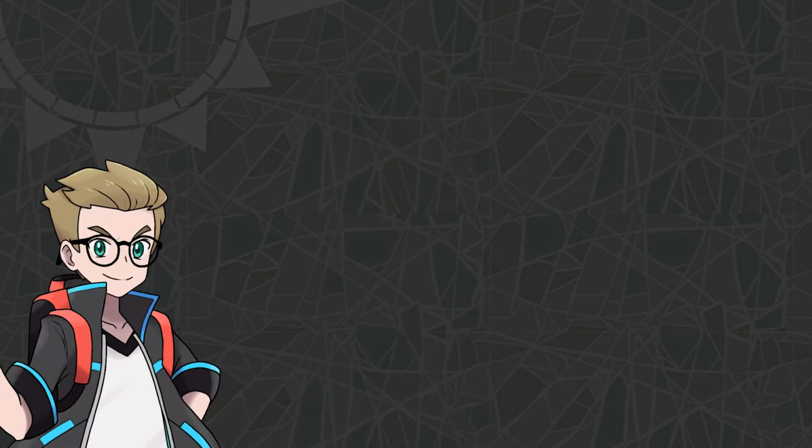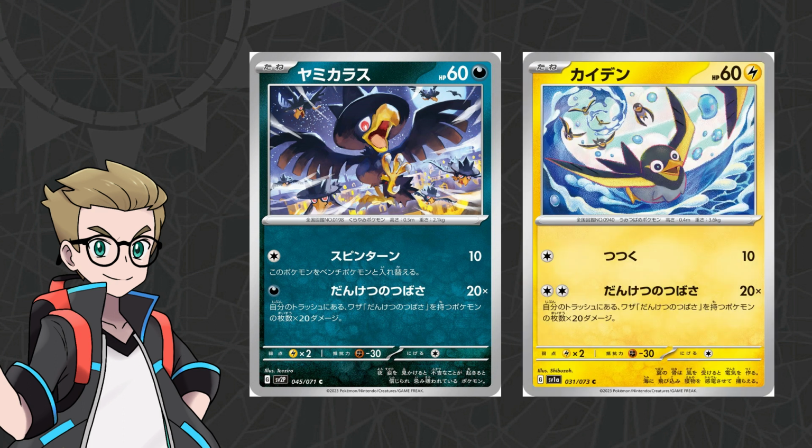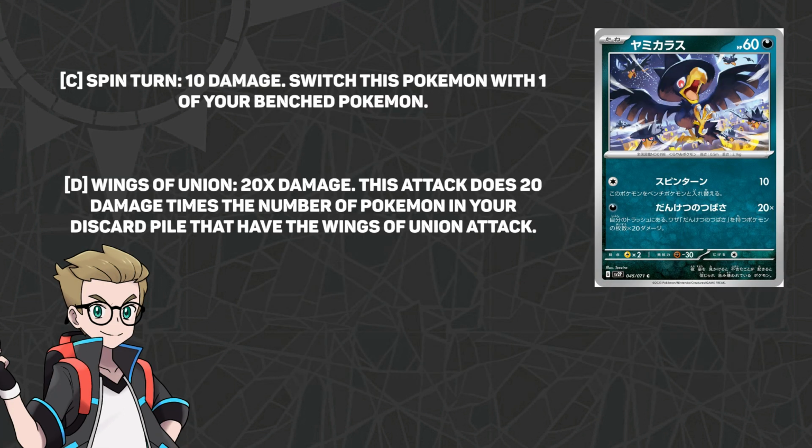I mentioned Night March because we have a new Synchronicity card that's coming into play with this Paldea Evolved set. It includes multiple cards, so I'm going to just talk about both of them. There is Murkrow, and then there is also Wattrel. Murkrow is a basic Pokemon. Its first attack is Spin Turn for 1 colorless. It does 10 damage, and you switch the Pokemon with one of your bench Pokemon. And then it also has Wings of Union, which does 20 times damage. This attack does 20 damage times the number of Pokemon in your discard pile which have the Wings of Union